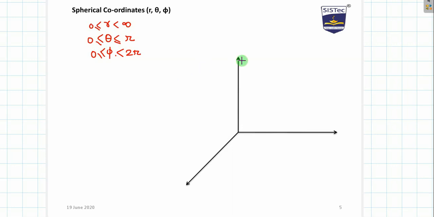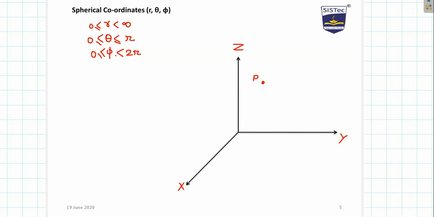Now we will continue this discussion, and I will show you what is r, what is theta and what is phi. With respect to the Cartesian coordinate system, again I will mark the axes. This is the x-axis, this is your z-axis and this is your y-axis. So there are three axes. We have already studied the two coordinate systems, Cartesian and cylindrical. Now, how will we represent the third one? Let us locate a point, and let's say P is the point.